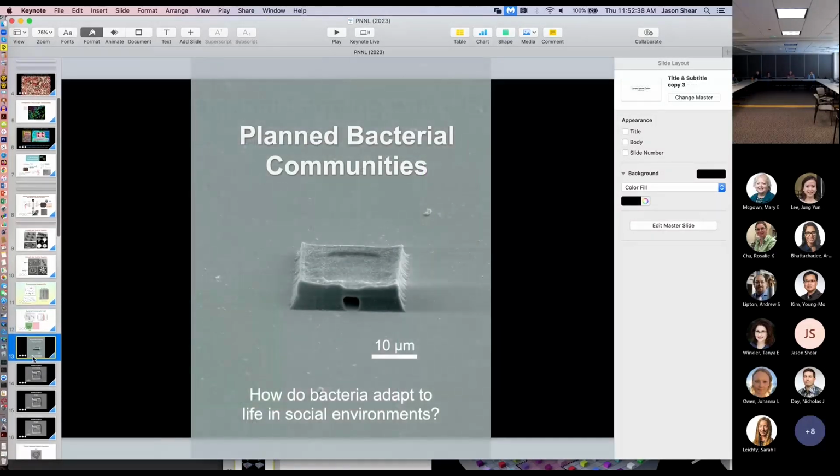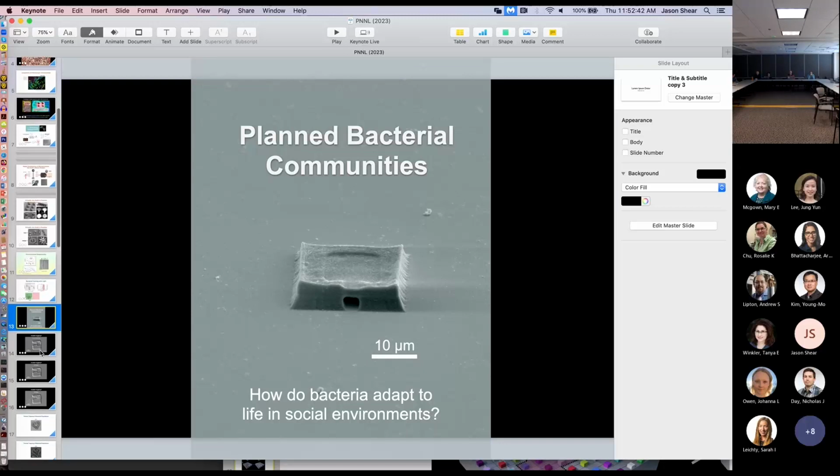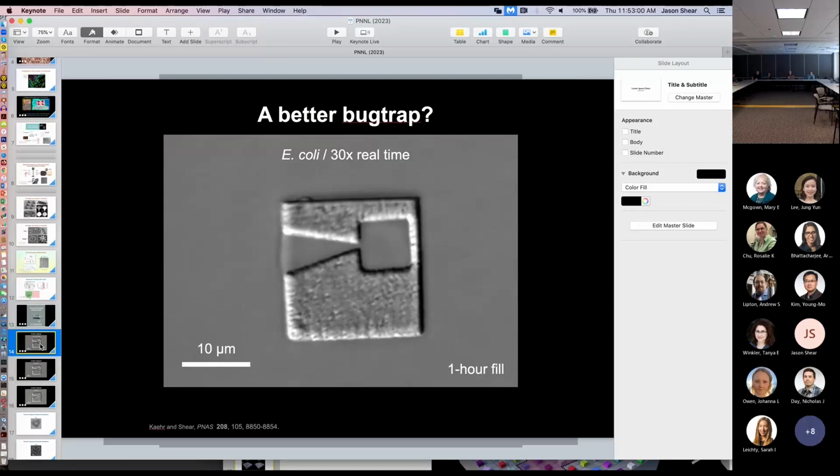All right, so just to give you a little bit of picture of some of what we've been doing, studying group behaviors. These environments generally are going to be pretty simple, pretty straightforward. They're not going to be Mobius strips. They're going to be boxes or boxes within boxes. And some of our early work, this was with E. coli. You can see we created the structure